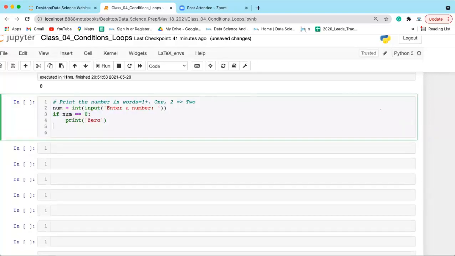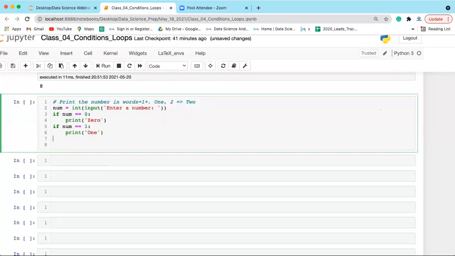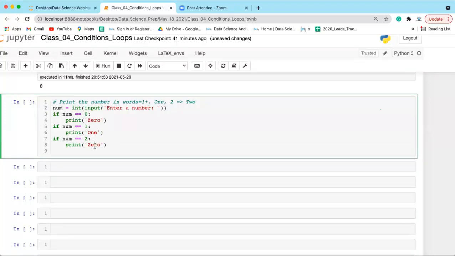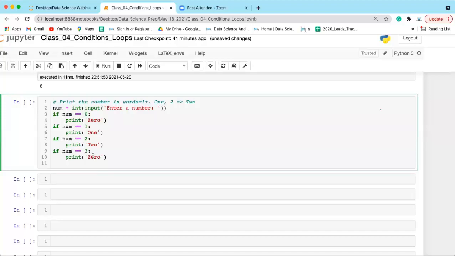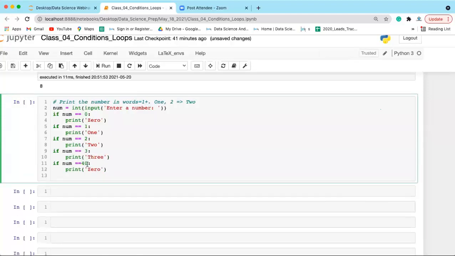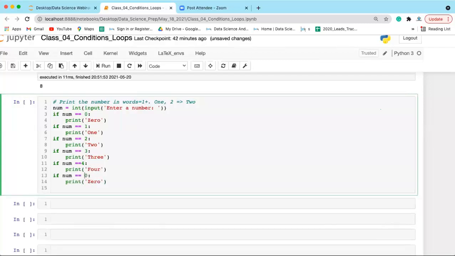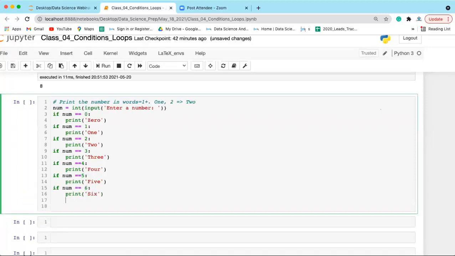Then if num equal to 1, you print 1. If num is 2, you print 2. If 3, print 3. If the number is 4, print 4. If the number entered by the user is 5, print 5. If 6, print 6.